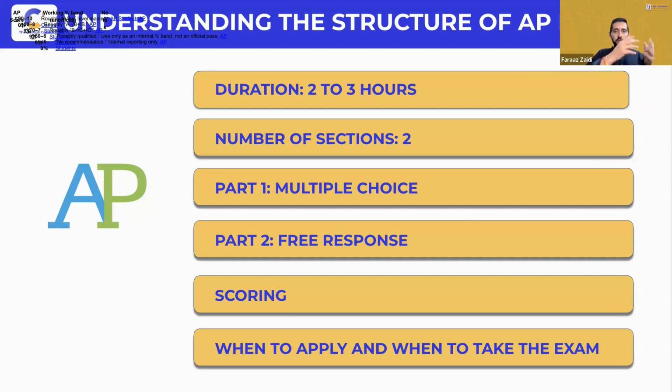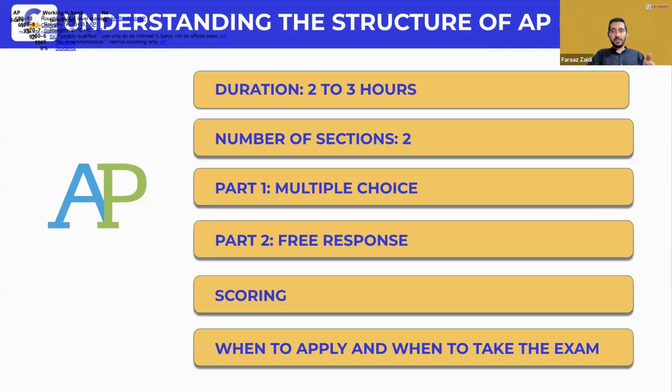So with part one, which is your multiple choice, the format is a series of questions with 4 to 5 options per question. The focus area here is to test your factual knowledge, your comprehension, and problem solving speed. This requires precision and a strong grasp of the curriculum content. Normally, the tip that I'll give for this part would be, practice eliminating the incorrect answers to improve your accuracy. A lot of our mentors do talk about that. And time management is really crucial, so don't spend too long on any single question.